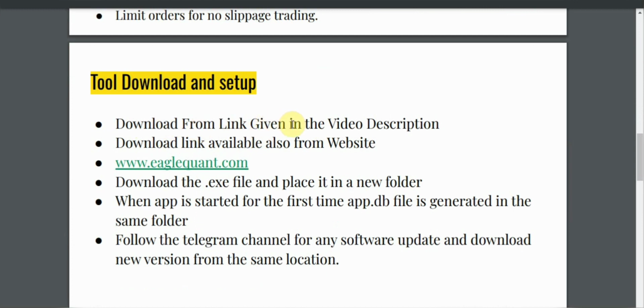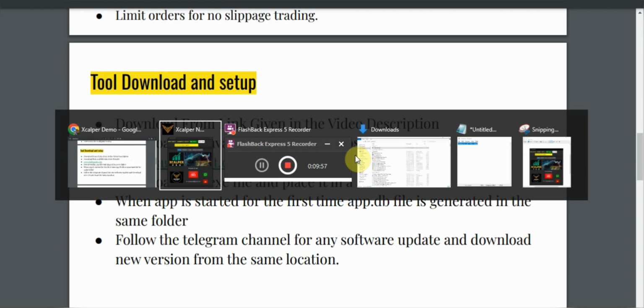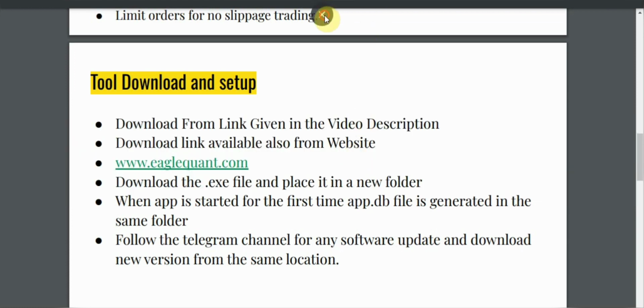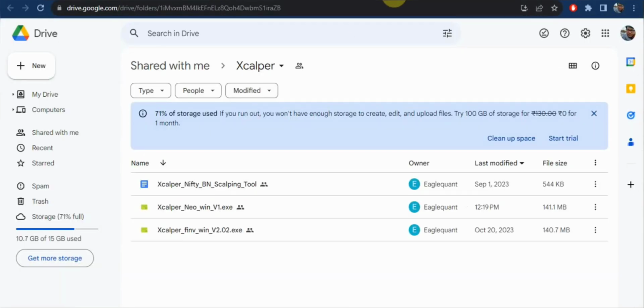You can download the tool from the link given in the video description. There is a Google Drive link where you can find the exe file. Let me show you. Okay, so this is the Google Drive link. If you go here, you can find Scalper-NEO. Version 1 has been released. This is the new version, you can download this one,